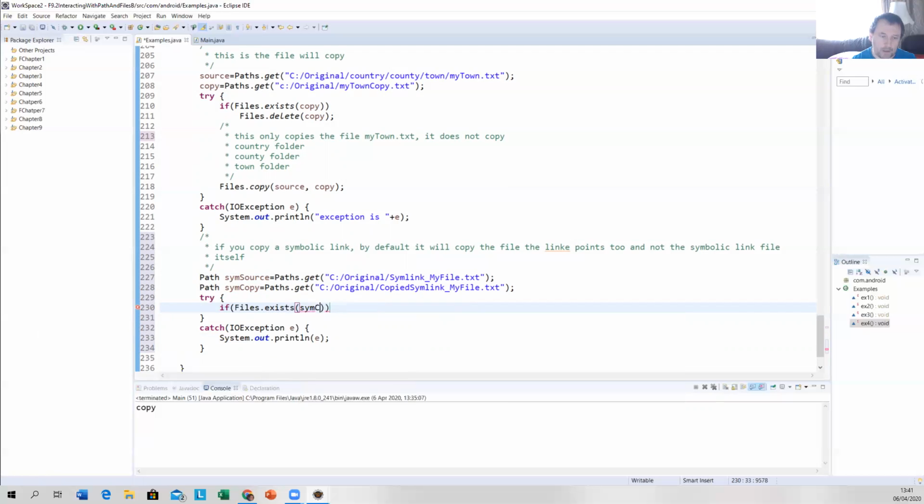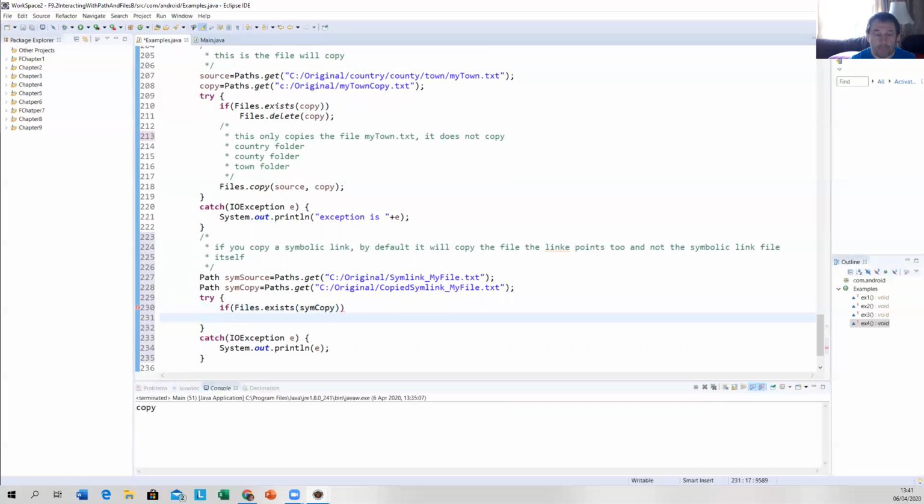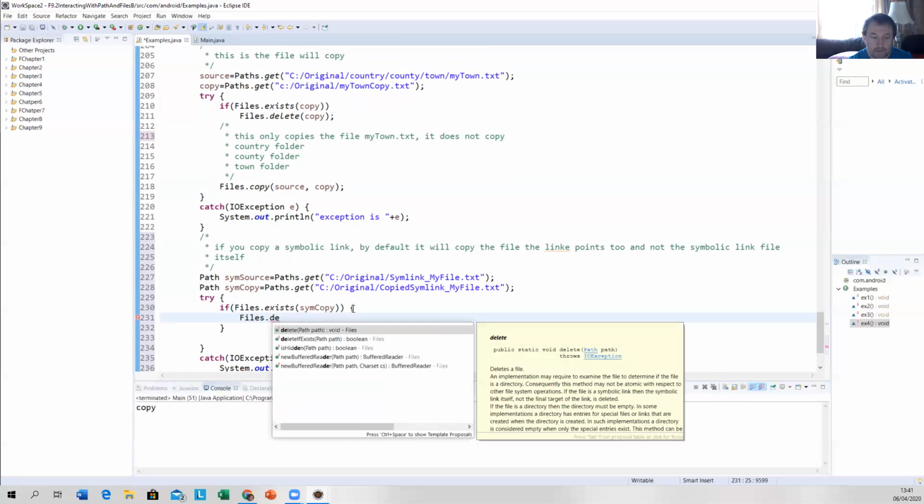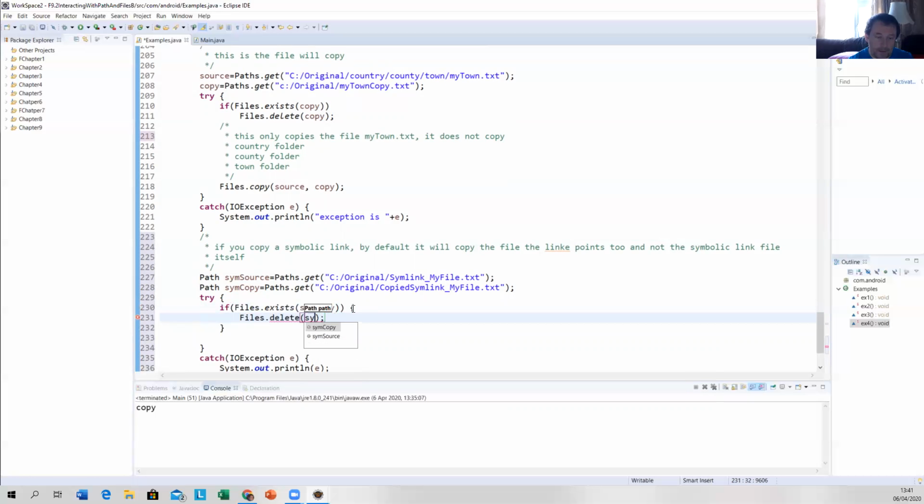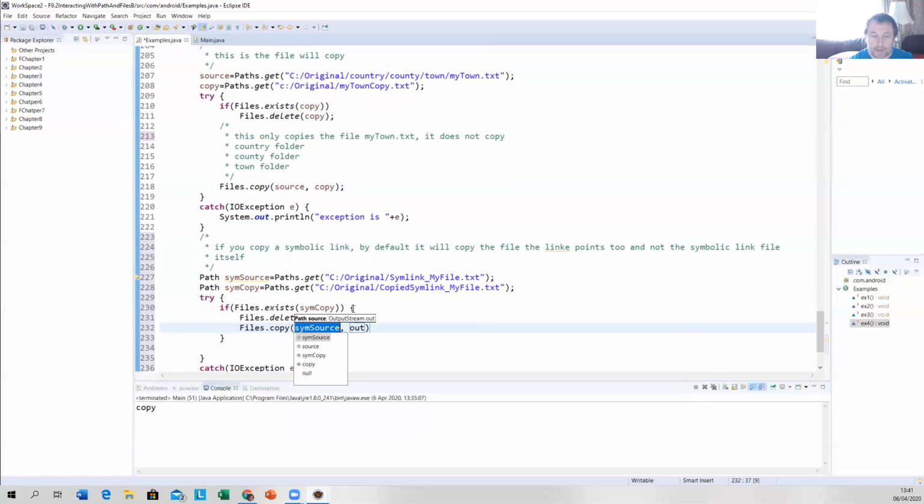If symCopy, if that exists, if it exists, we're going to go files.delete symCopy. Then we're going to go files.copy